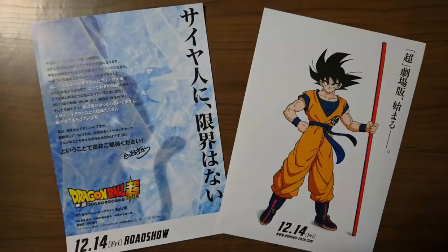But yeah, this Dragon Ball Super movie is trying to emulate the old Dragon Ball Z style in terms of its character design and animation style. So that's why they're going to go with the ice look, in my opinion. They're trying to recapture that feeling of watching a Dragon Ball Z movie or an old Dragon Ball Z episode and really capture that feeling in this Dragon Ball Super movie. That's why they're using ice to harken back to Dragon Ball Z Movie 2 and also other Dragon Ball Z